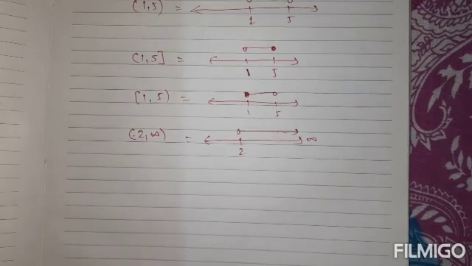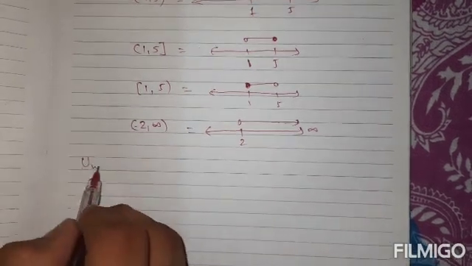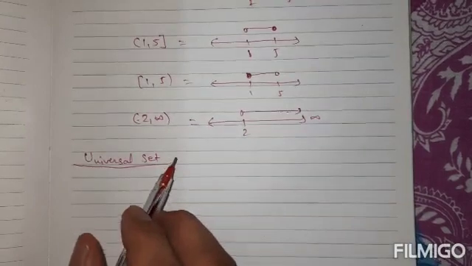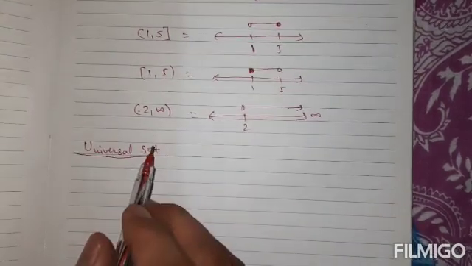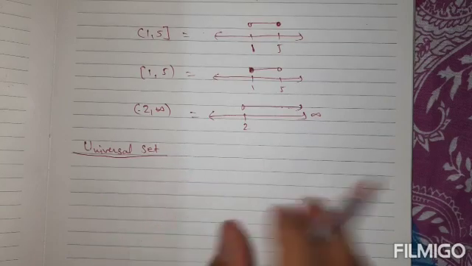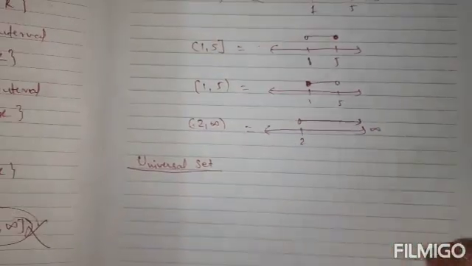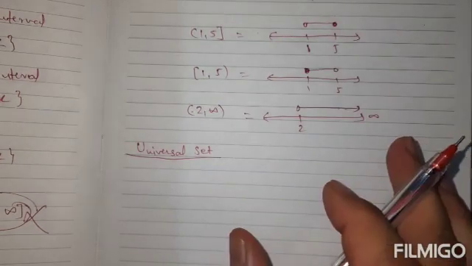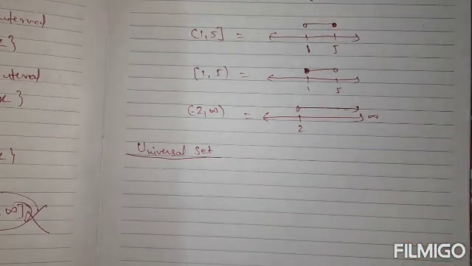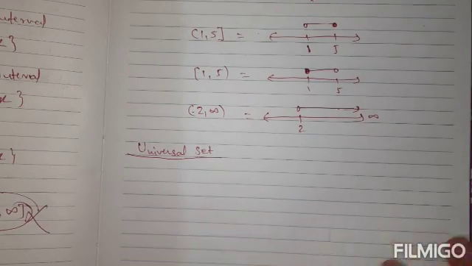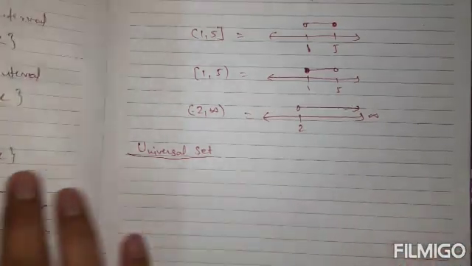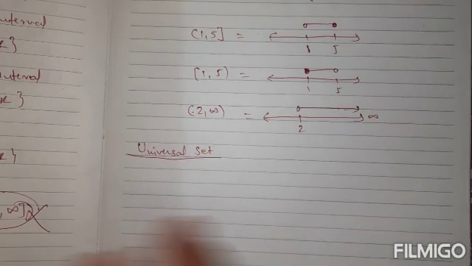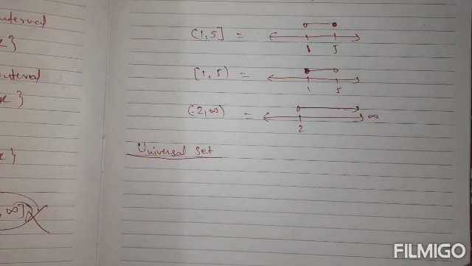And now the last topic we have to cover is the universal set. Its concept is very simple. Universal set means that every time we are dealing with some sets, we must have a set of which the given sets are subsets. So that set is called the universal set. Suppose we are talking about any two sets, A and B, so at times we need some set for which the given sets are subsets, and this is called the universal set.